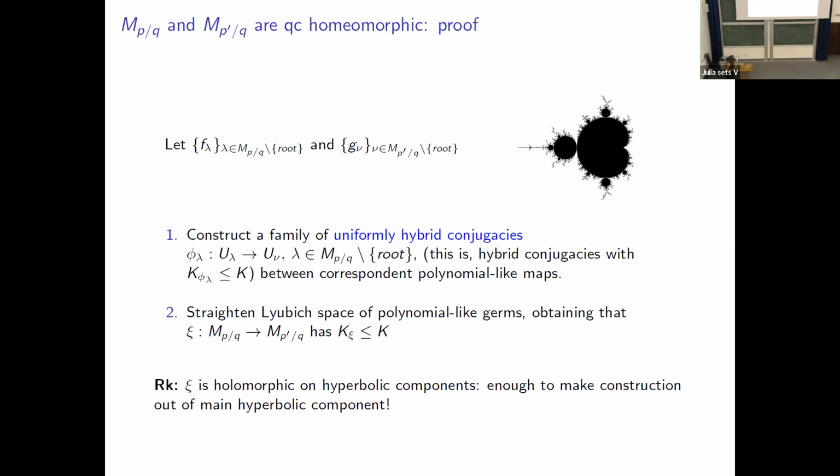So remark again, on a hyperbolic component, my parameter plane map is holomorphic. So the construction we need to make is out the main hyperbolic component. In the last 15 minutes, I will give you an idea of how to construct this family of uniformly hybrid conjugacy between correspondent polynomial-like maps. So just to fix the ideas, because I don't want to lose you,